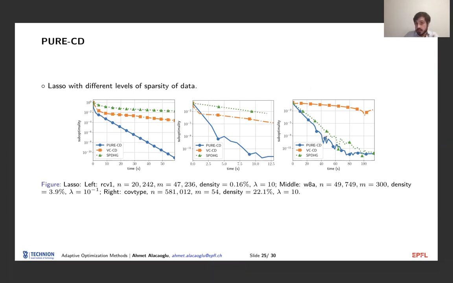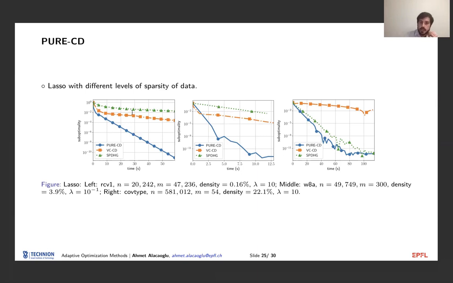And as we see, when the data is dense, we see a similar performance between pure CD and SPDHG. SPDHG did not adapt to sparsity, but when we have dense data, it doesn't matter much. But when we have the sparse case, as we see, SPDHG gets much slower in terms of time, because per iteration, it will depend on D. Whereas pure CD will adapt to the sparsity. And since pure CD has favorable performance in sparse and dense settings, it also does the optimal interpolation between